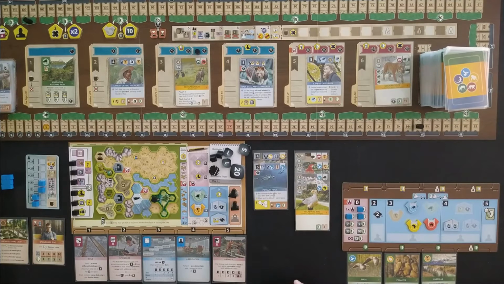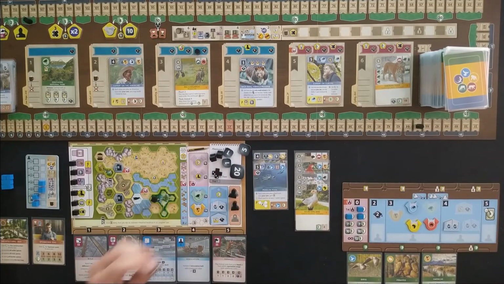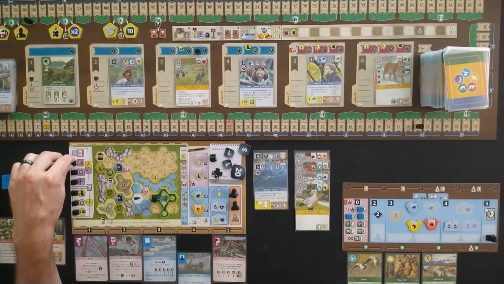Oh man. Thing is, right now I have 1, 2, 3, 4 bird icons. I think it's going to be worth it to pay 1 X token. Okay, we're going to take an association action here. And we're going to use one of these guys at power 5. And we're going to go ahead and